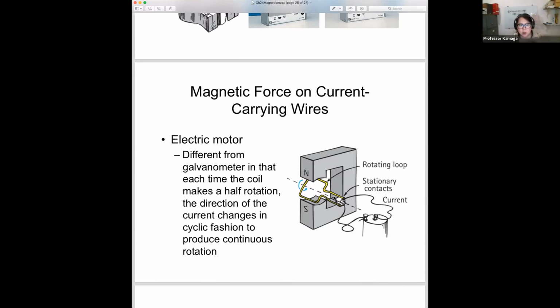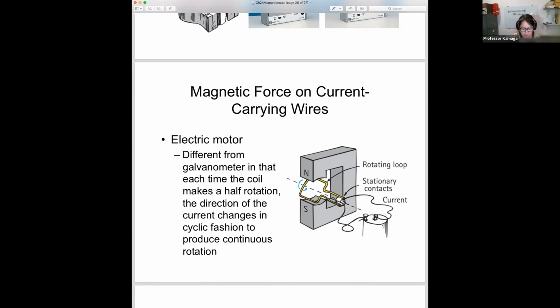So you can change the direction of the force from one side of the loop to the other side of the loop. So this side is going to be up, down, by rotating. So it continuously rotates. So that's an electric motor. An electric motor has a current-carrying loop in a magnetic field, and then it rotates. And actually you're going to see that the electric motor and electric generator use the same mechanism. But anyhow, this is the end of